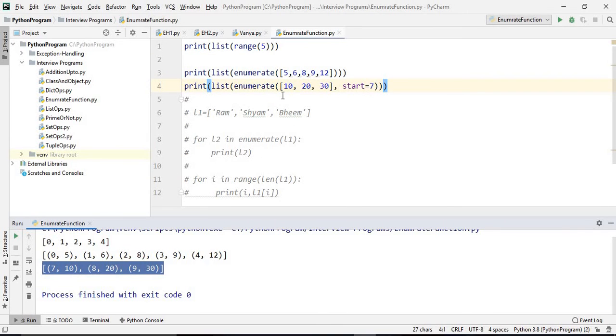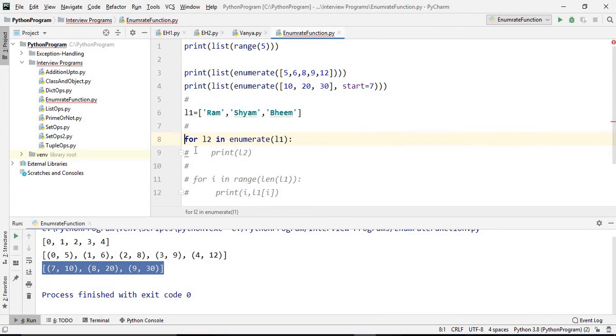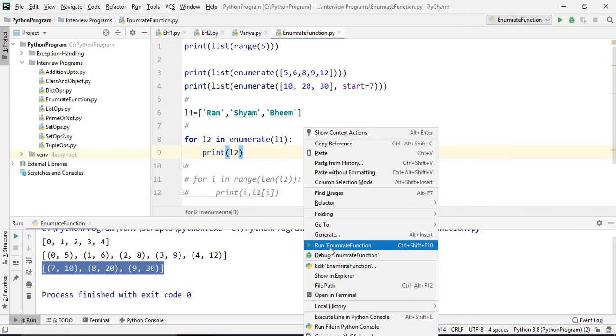Now this is the basic, and now see, I have created one list and I have applied the for loop on that list. Okay, see, L1 equals Ram, Sham and Veem, and for L2 in enumerate L1 print L2. If we print this one, then what happens?